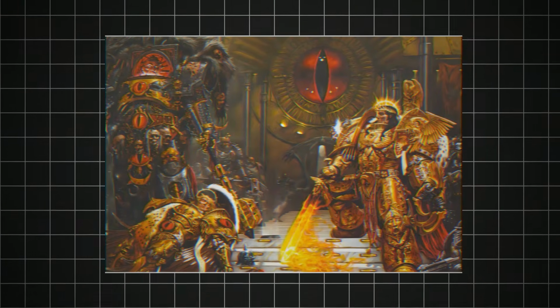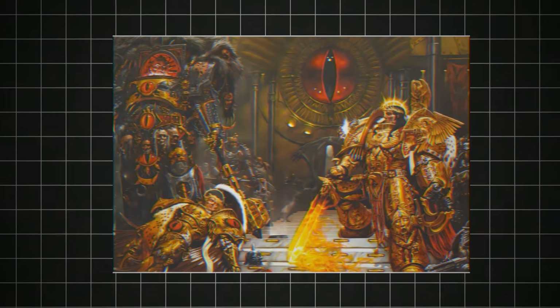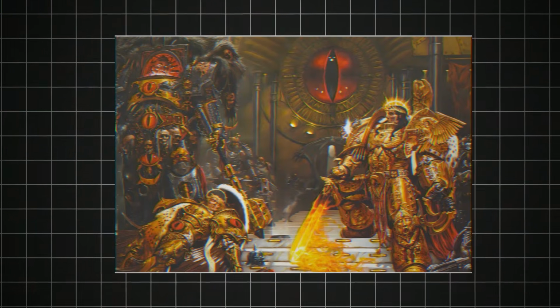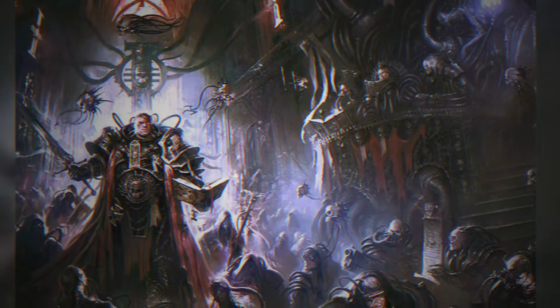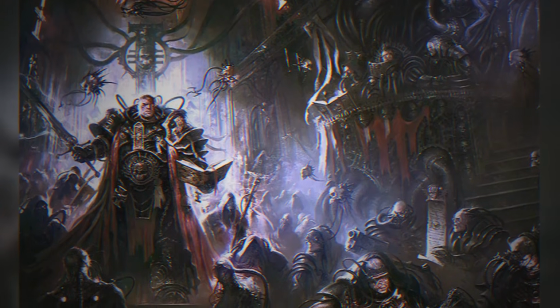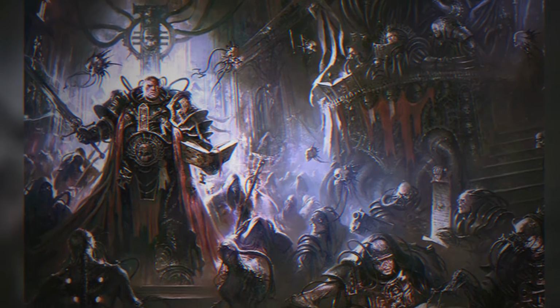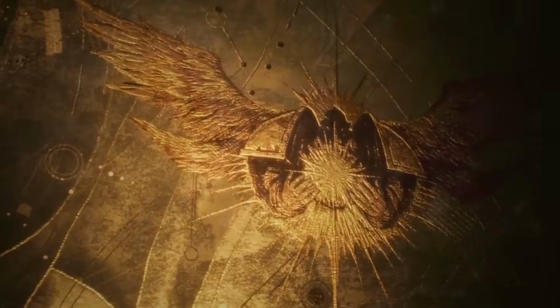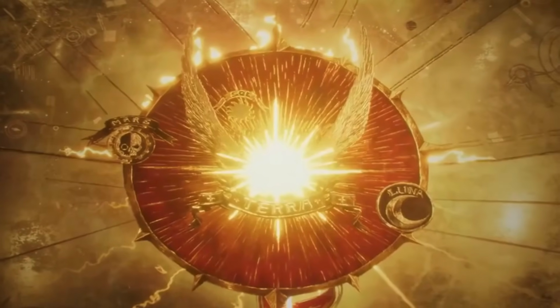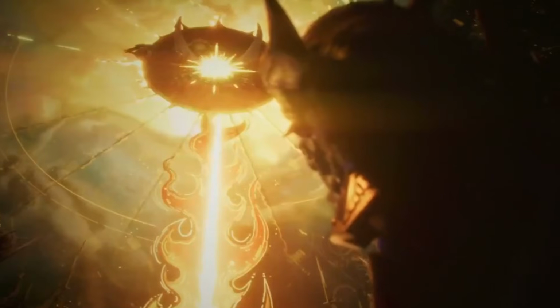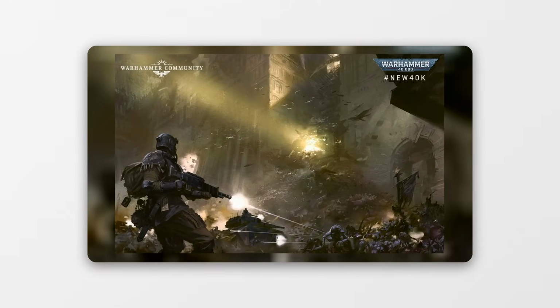The Emperor's original vision of a secular, rational humanity was replaced by a rigid, fanatical faith that demonized knowledge and punished dissent. This historical revisionism, while providing a unifying ideology for a fractured Imperium, ultimately hindered humanity's progress and understanding, trapping it in a cycle of fear, ignorance, and endless war, setting the stage for the grim darkness of the 41st millennium. As the 41st millennium, or M41, drew to a close, the galaxy teetered on the precipice of an